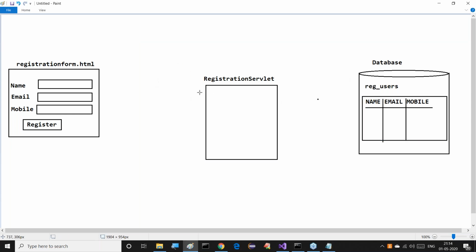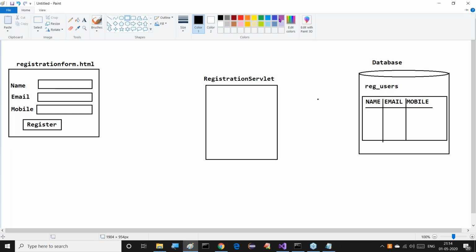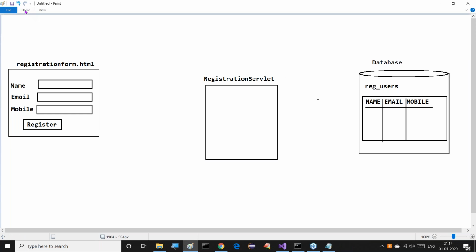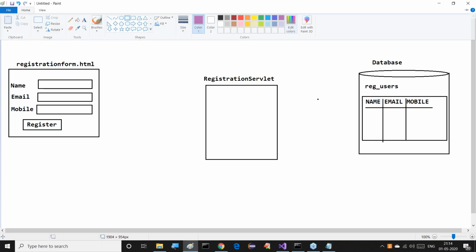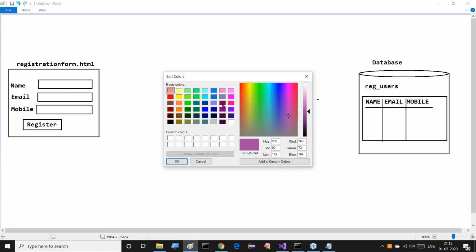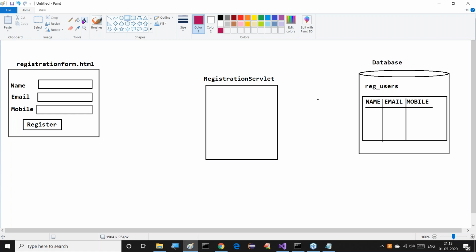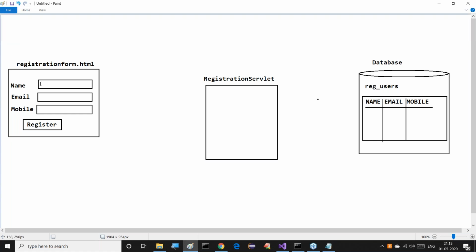Right, sir. I want to explain the flow of execution also for this. After this flow of execution, first of all I'll provide the name, say for example AAA.